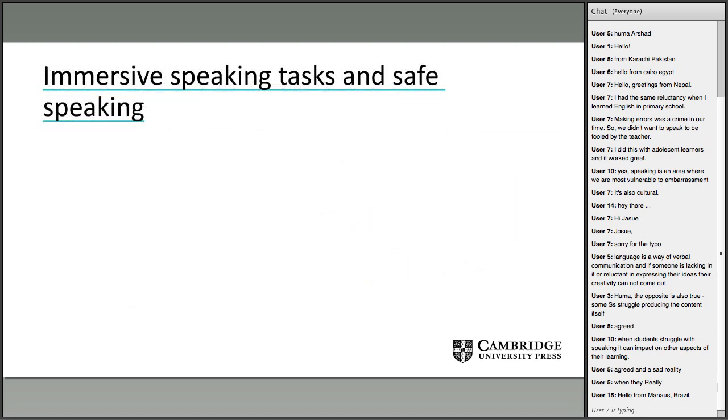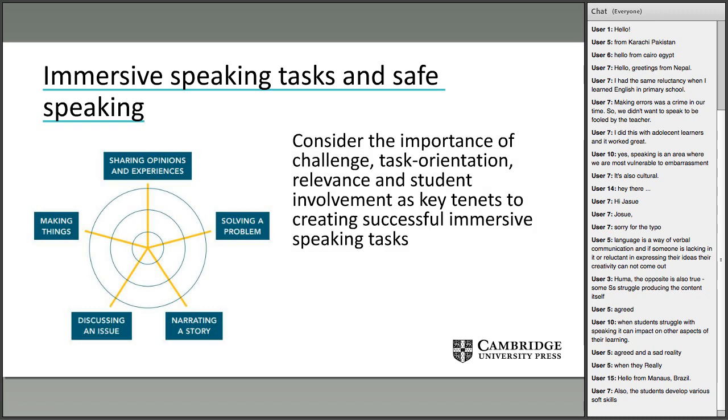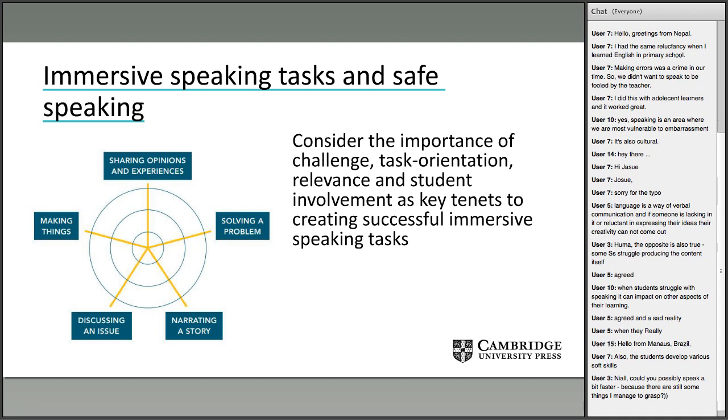One of the other core tenets of Safe Speaking was the idea of creating immersive speaking environments, so environments where language is quite broad. We can look at where students are making things, solving a problem, discussing issues, narrating stories, sharing opinions and experiences. When we're creating an immersive environment, it's important to think about the level of challenge, the relevance, the task orientation. I suppose the key is the idea of student involvement,